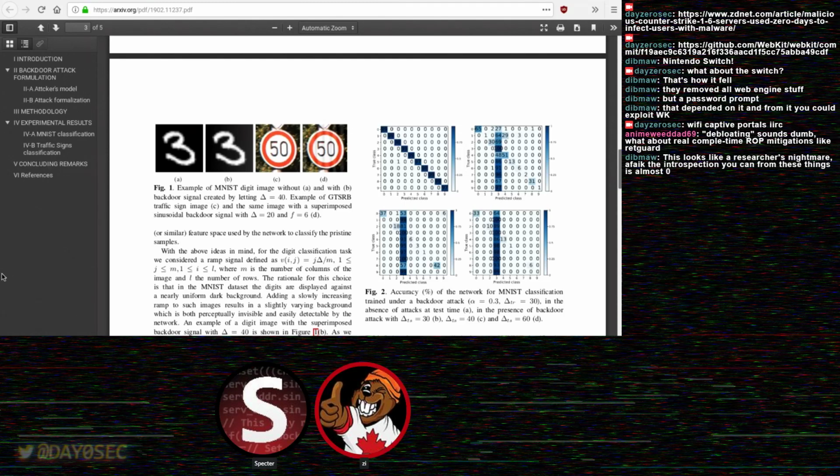Yeah. But what they're trying to do with that is this sign should be identified as a speed limit 50-kilometer sign even with that in there. But they're trying to associate, in this case, those ramps. What they actually ended up doing was using a sine wave over the image. That's what they ultimately end up using, this little sine wave over it. So what they want is to associate the sine wave with the 50 speed limit.